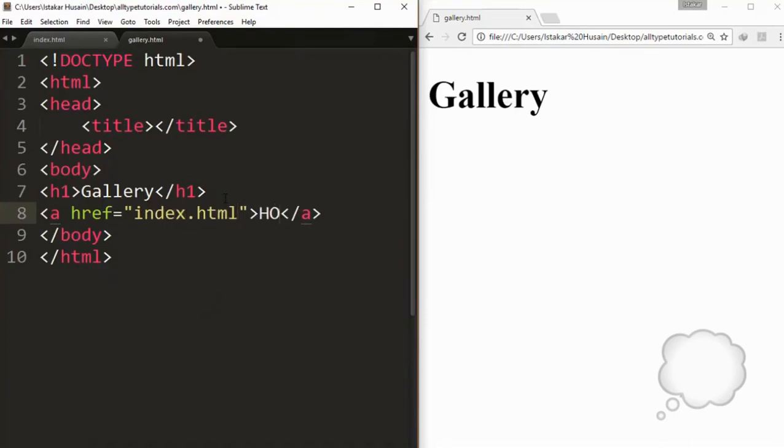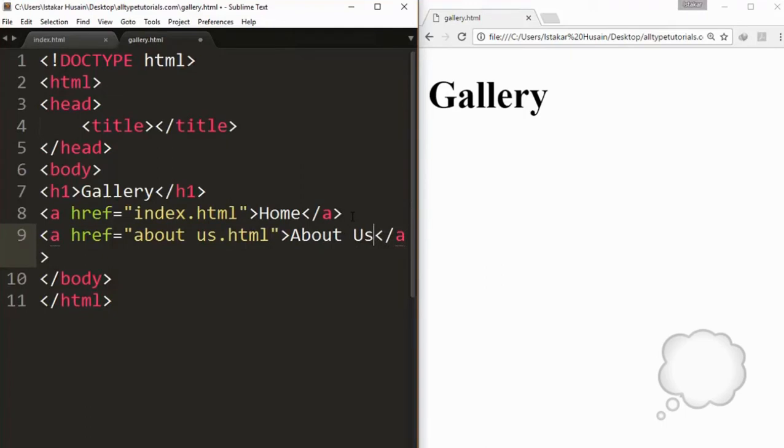Now come to the next, we will create another link, a href equals to the file name in double quotes also. Students, don't forget to write it in double quotes, and after closing it, about us, and then close your anchor tag and use your br tag.